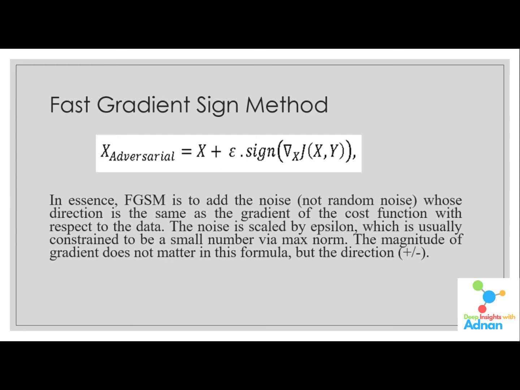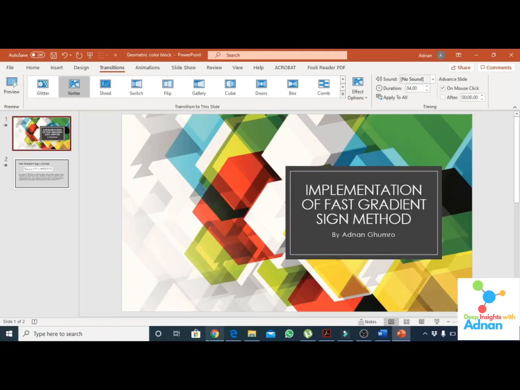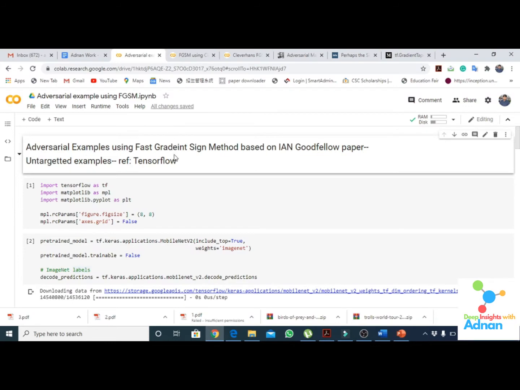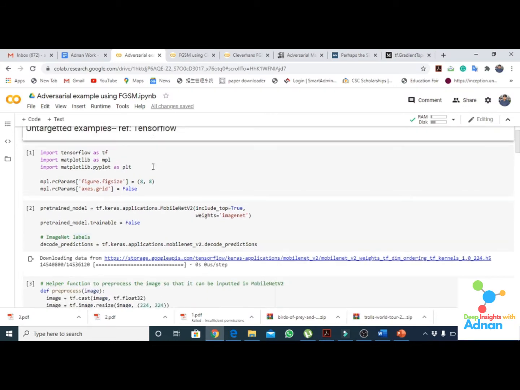In the untargeted method, the perturbation is added in the same direction as the gradient, not randomly, and the main motive is to increase the loss function. So let's see in the code how we can do this.